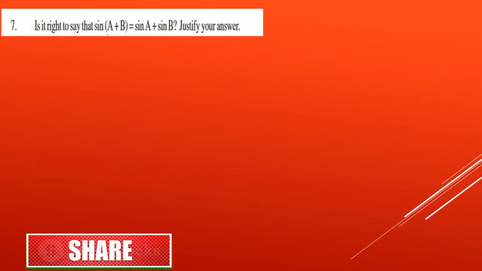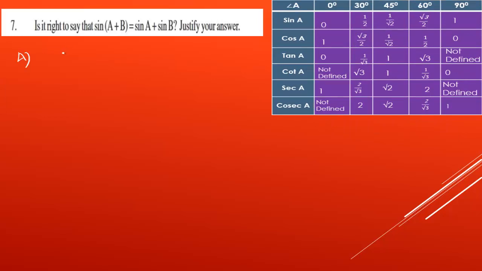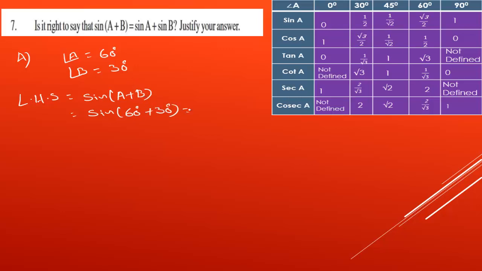Is it right to say that sin of A plus B equal to sin A plus sin B? Justify your answer. Let us check. For this, assume angle A equal to 60 degrees and angle B equal to 30 degrees. Here we can take any angles. Now LHS equal to sin of A plus B, that is sin of 60 plus 30, sin 90 degrees,